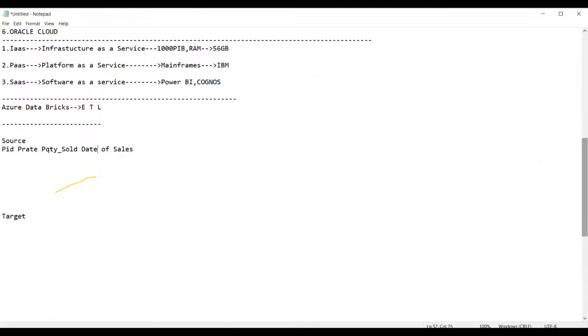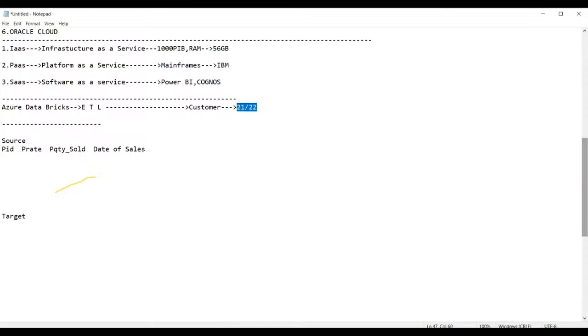Now guys, here is the customer. The customer means the owner of the supermarket is a customer for us. This customer wanted to know what is the sales difference between the 21st of this month and the 22nd of this month, whether the sales has increased between these two dates or not.